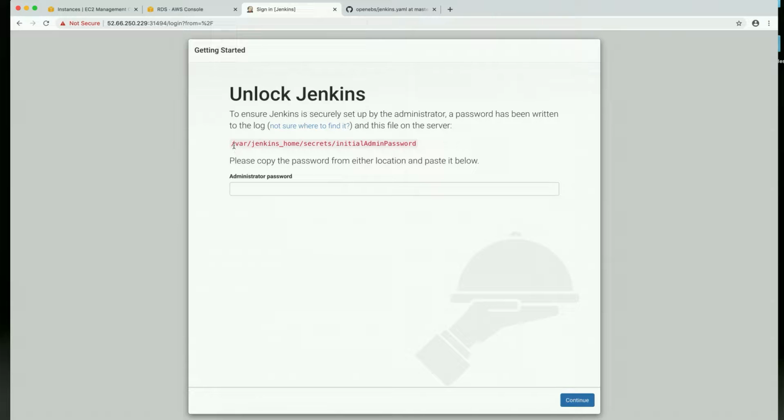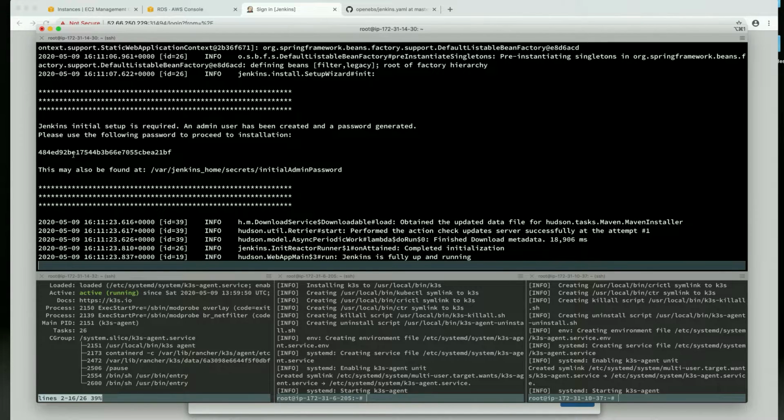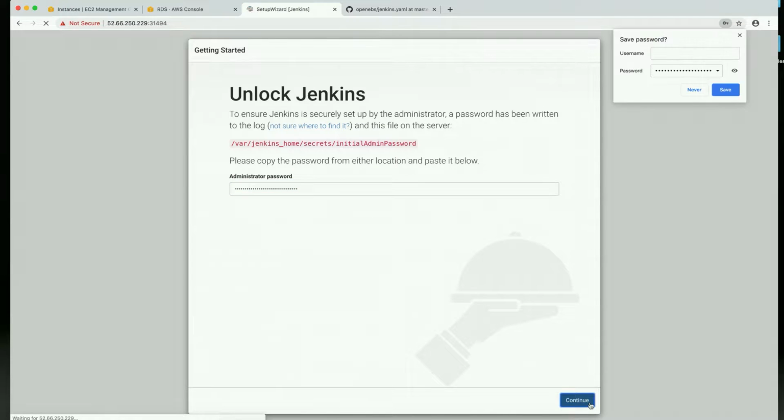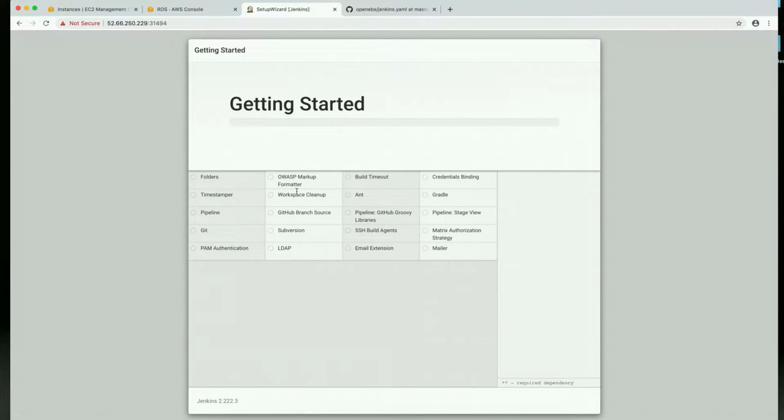There you go. So the Jenkins homepage is there. So it is asking for the initial password. Let's go back to the terminal and then copy the password and then paste it over here. And then continue. And install suggested plugins. So it will try to install all the suggested plugins. And the version of this Jenkins is